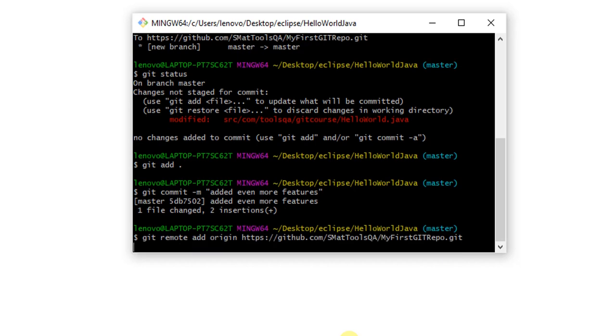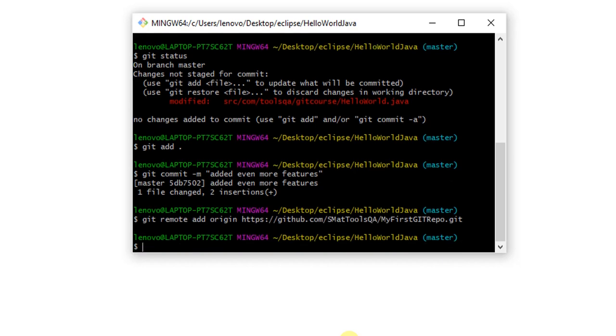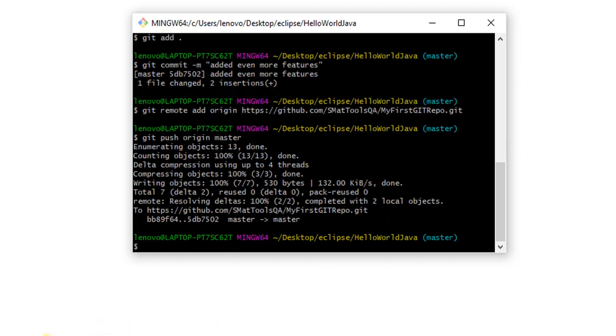Now I will hit enter and we have successfully saved an alias for our remote repository path. Hence, from now on, we can use the name origin instead of the link. So to push the changes, we simply use the command git push followed by the alias for the GitHub repository path, that is origin, followed by the branch name. That's how simple it becomes.